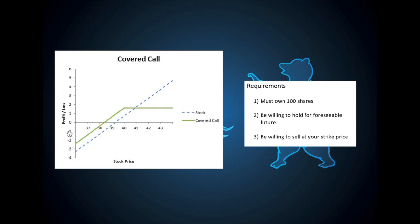If I sold at $38 and I had a cost basis of $35, so $3,500, and I sold at $38, I'd still be making $300 plus the $100 that I sold in premium. But this will never happen because if the share price is not over the strike price, then no one is going to execute their option. So a covered call is a virtually riskless strategy as long as you're willing to hold the underlying stock for the foreseeable future. I will now show you guys how I actually sell these covered calls, and make sure that you're on a broker